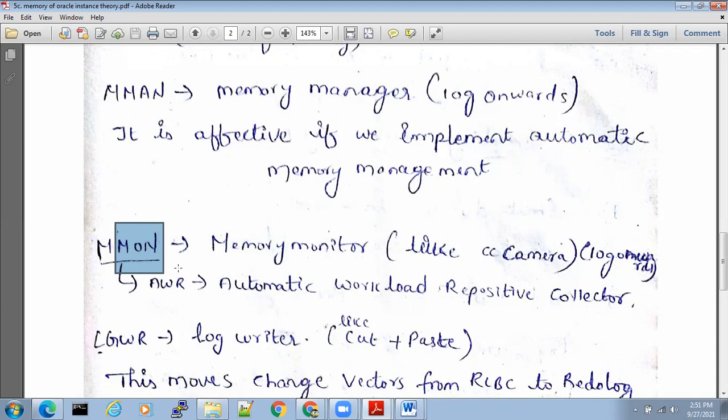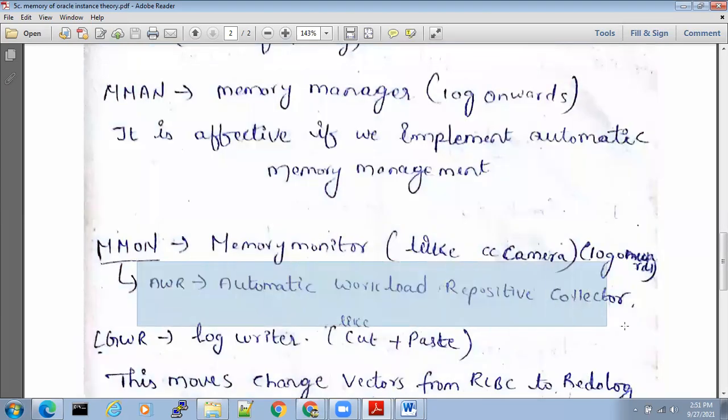So every 1 hour it is taking a snapshot. You will choose the starting snapshot as 10 o'clock and the ending snapshot as 6 o'clock, and generate one report. That report will tell you what happened in the database between yesterday night 10 o'clock and morning 6 o'clock. Those reports are called AWR, Automatic Workload Repository reports.